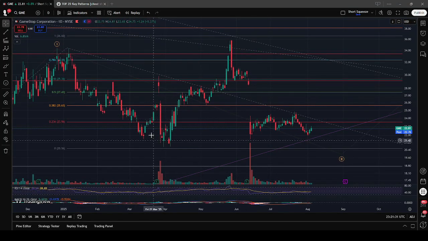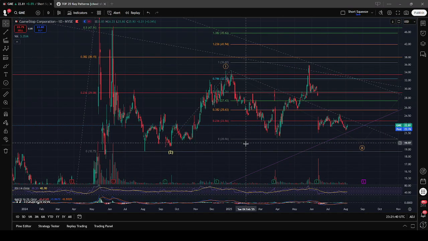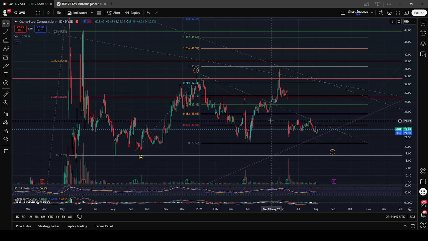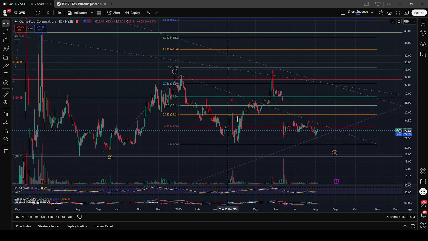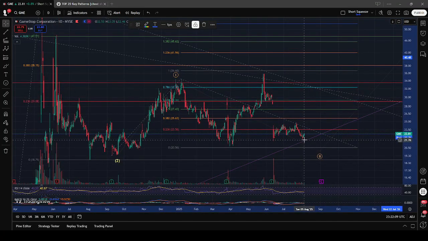It's because of this that it really gets me. This is really what trips me up. But the way that diagonals create the structure of a diagonal move is either a 3 or a 5, because there's no definitive answer for that. And this really fits that description, which is why I'm counting this as a diagonal, as a 1, 2, 3, 4, which we would be in the midst of right now, and then we would be completing into a 5,